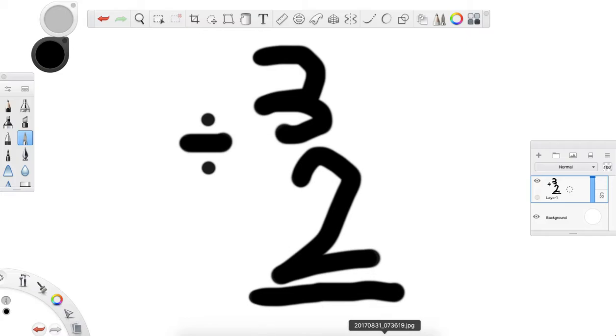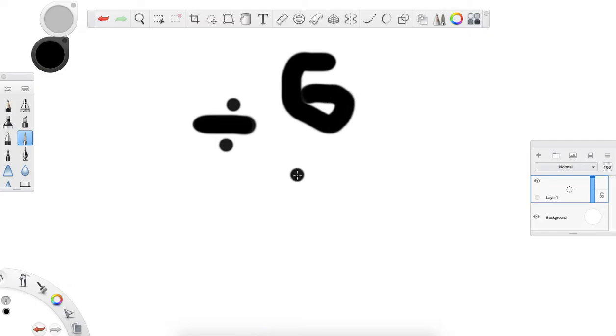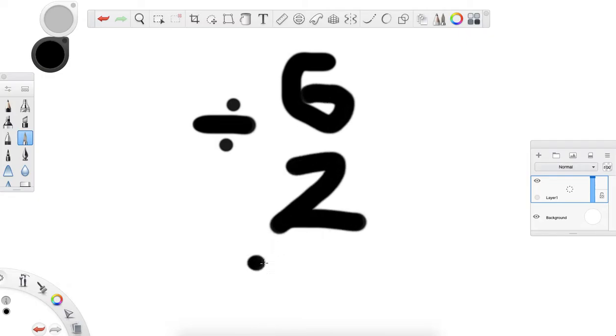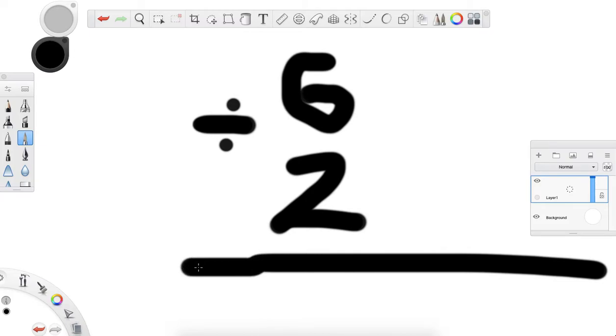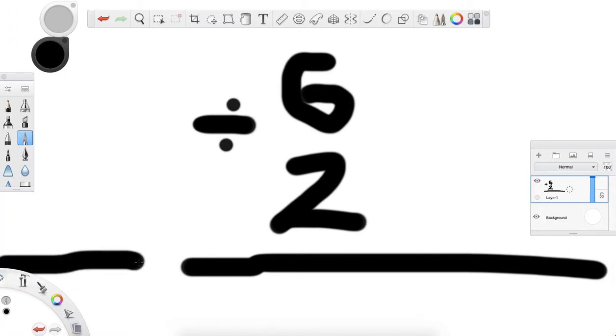So, really, this is just the opposite. In multiplication, we know that the answer is 6 because we did this, right? So, the answer should be 3 to... Oh, no. I did this wrong. Dang it. Okay, guys, I'm sorry, I did this wrong. 6 divided by 2. Now, we know that 2 times 3